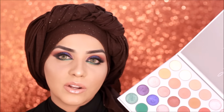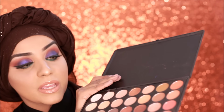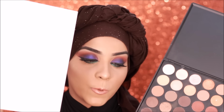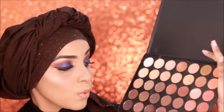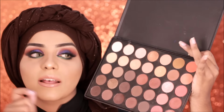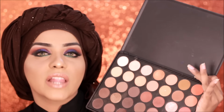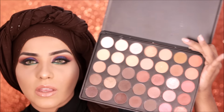If you look at my 35O palette, it's quite beaten up because it's so powdery. I did face fallout with this one too, but with this one it's excessive fallout. It's more than the Jaclynhill one. You can see that I already have dents in the eyeshadows, because when I try to pick these eyeshadows up with my brush, they give a lot of kick up, which is a lot of powderiness. So definitely I would say that the Jaclynhill one is much better in terms of pigmentation